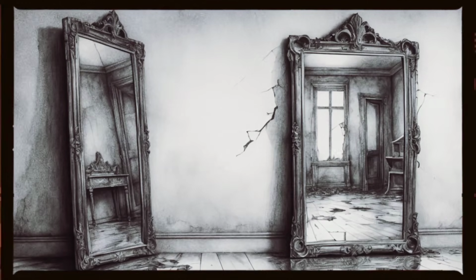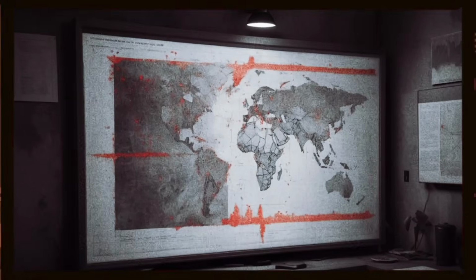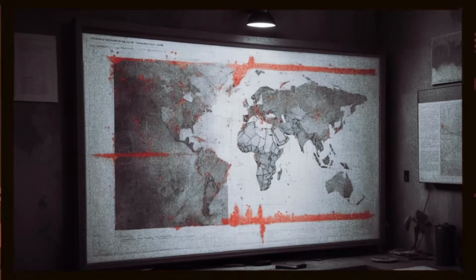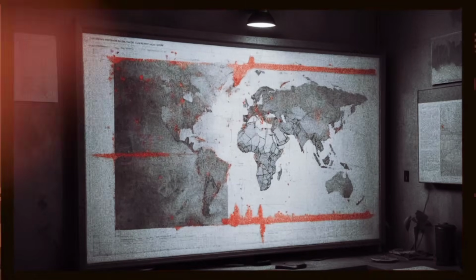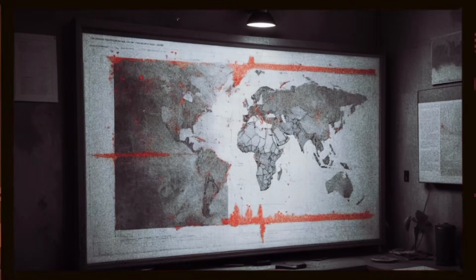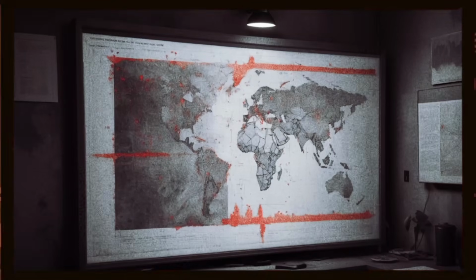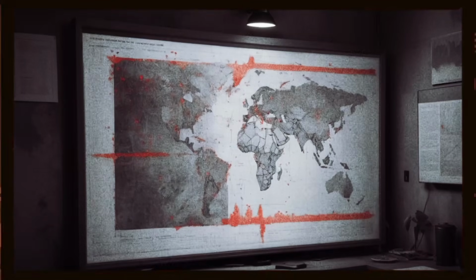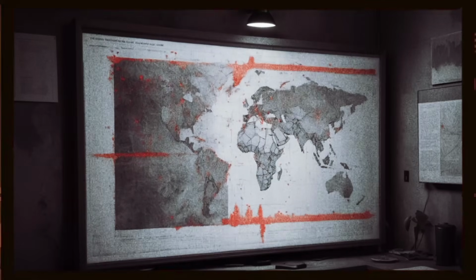I avoided Google Maps for a whole day after that. No Reddit, no coordinates, no clicking. But temptation rots the mind, especially when you're already infected. So the next night I gave in. I opened maps. Nothing happened. Just the standard satellite view. The usual interface, a safe, digital world. So I typed in the last set of coordinates I'd written down on the sticky note. The screen flickered. And then it loaded.